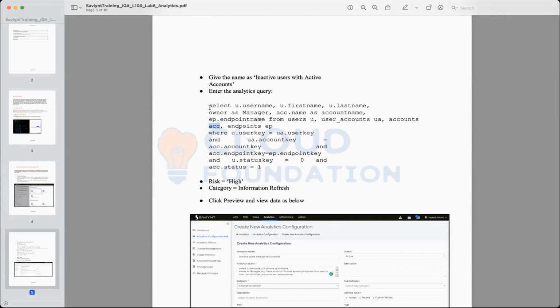Here we are saying select the user's username, which is the unique username of the user. All this represents the users table, right? The users table denotes identity. You have username, first name, last name, manager account name, and endpoint name. We have received all this information. And then we are saying that we want to get all such users where, just to make sure that we are selecting between the users table.